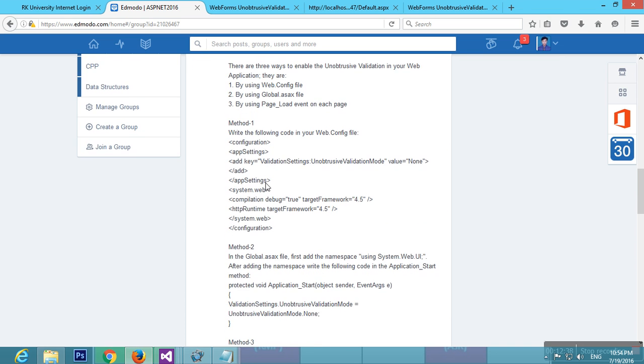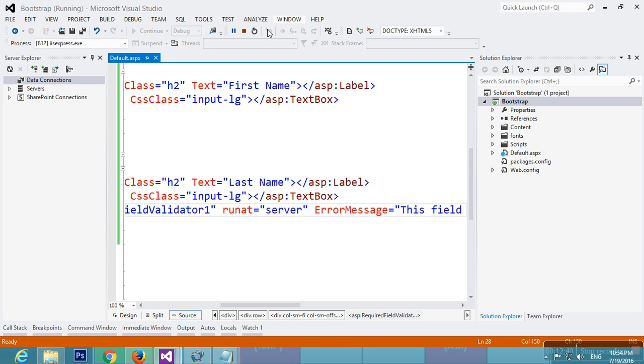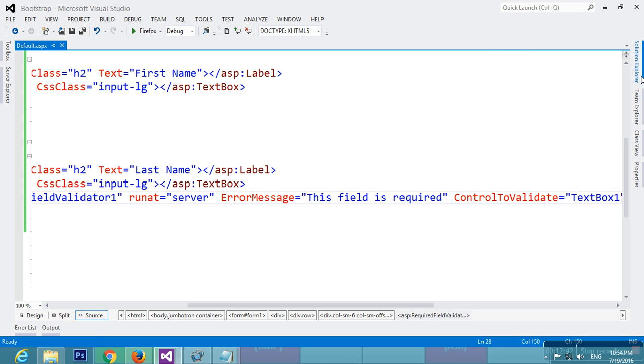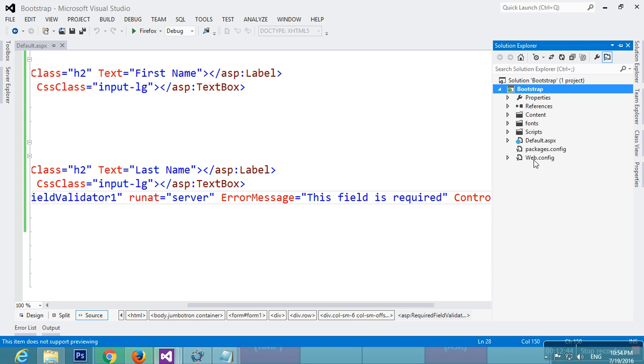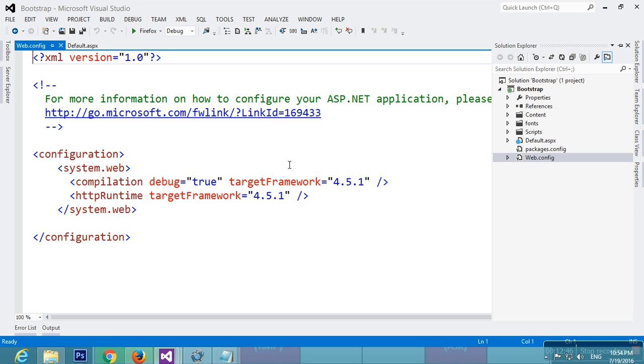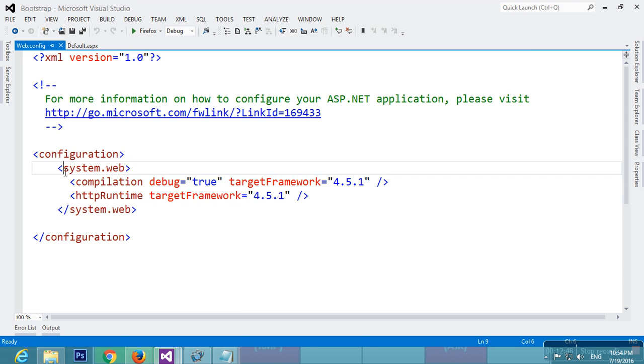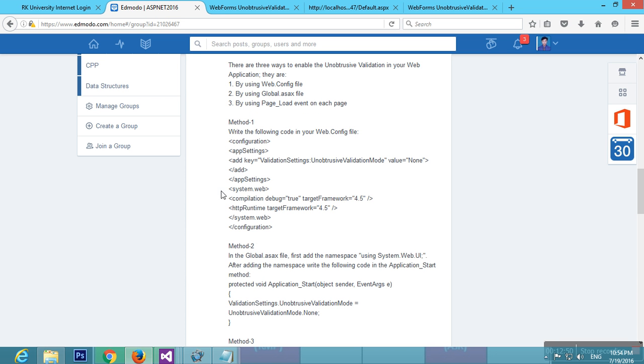Over here, in my solution explorer, let me first stop this project. In my solution explorer, there is a file called web.config. Open that file, and there is some code over here. Now let us see what sir has posted. Inside the configuration tag, inside the app settings, there is this add key tag. We have to copy this one till here.